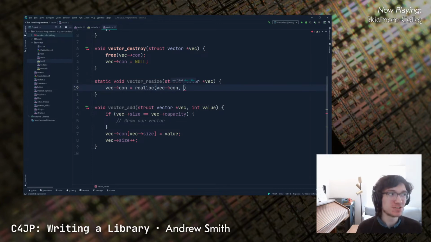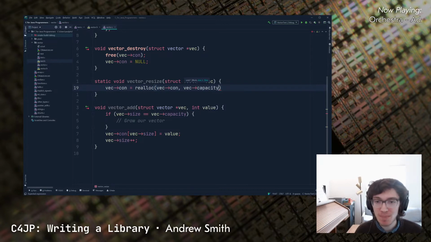And the way that we're going to do that is by resizing our vector by a factor of 2. And so I'm going to say that the vector's container is now going to grow to the capacity of